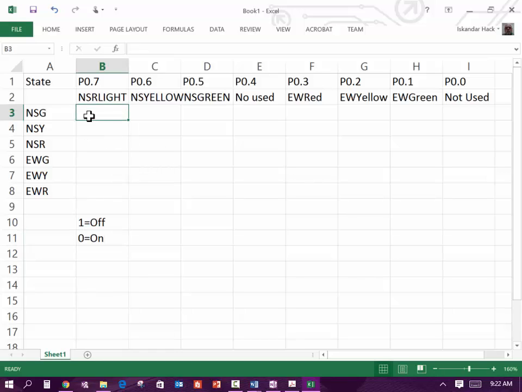So when we're north-south green, we want our red light to be off, or on? We want it to be off, so we write a 1 to it. Our yellow, we write a 1 to it. And we write a 0 to this. I'm just going to put a 1 here, even though it's not used. Our red is going to be a 0, 1, 1, 1. Right here. Our yellow, we're going to write a 1 here, a 0 to this, a 1 here, a 1 here, a 0 here, that's still on, 1, 1,